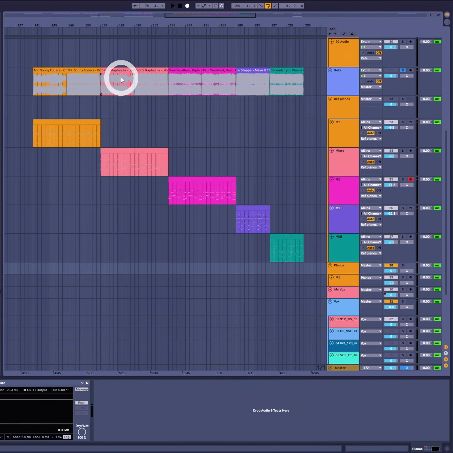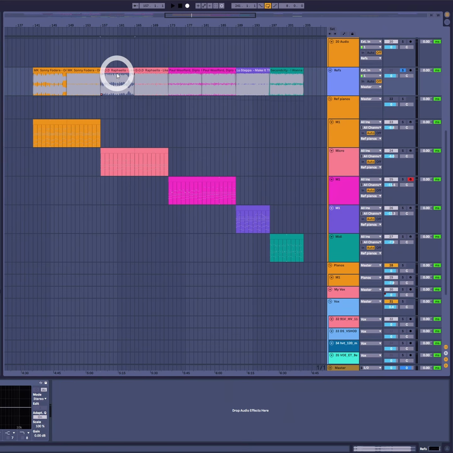Whereas the other type of vocal, which leans more towards the pop side, is like the DOD record, like I do. You know, it has more of an actual pop structure, like a verse, chorus kind of thing. Same goes for